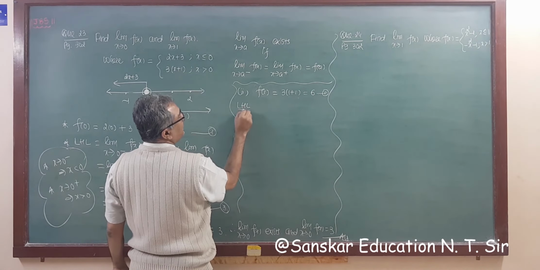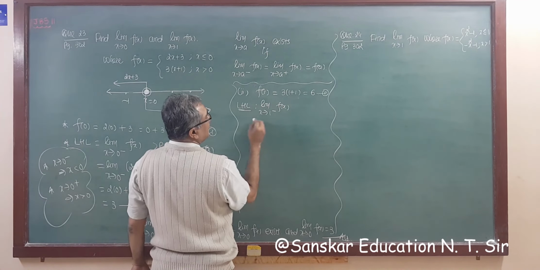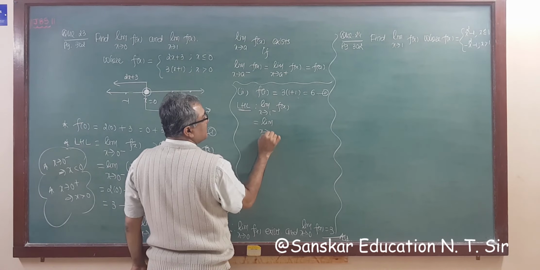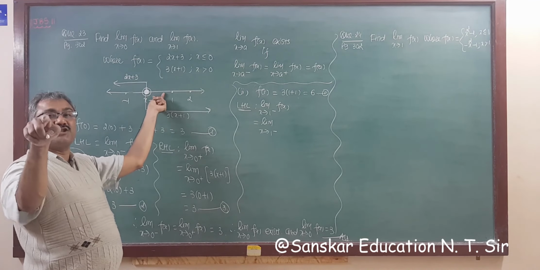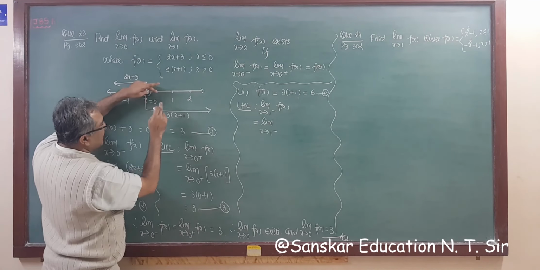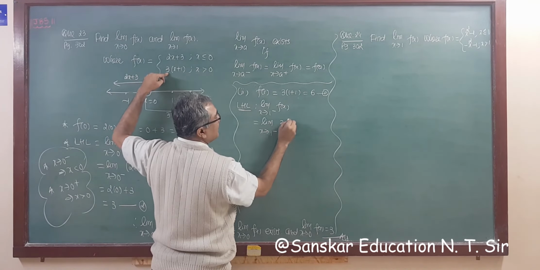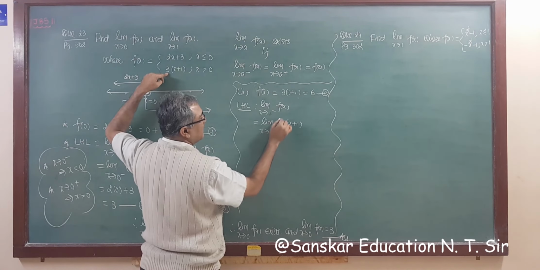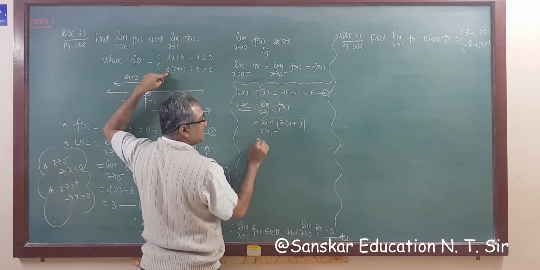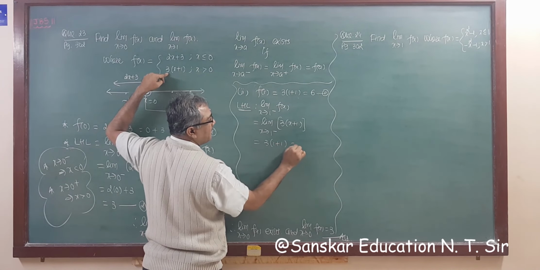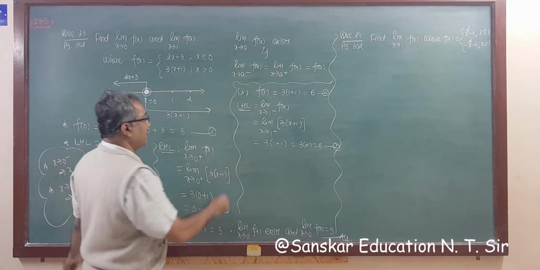Now left hand side limit. Left hand side limit means limit x tends to 1 from left f(x) is equal to limit x tends to 1 from left. Now 1 from left means from here 0 to 1, that is x is greater than 0 again. In this area this function is defined, 3 times x plus 1. So the answer is 3 times x plus 1. Right? So again the limit is 3, place 1 instead of x. So 1 plus 1, that is 3 into 2 is equal to 6. That is number 2.